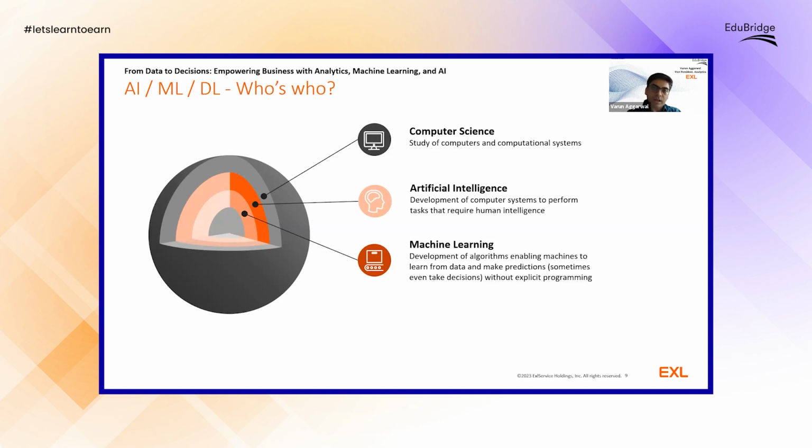And as artificial intelligence focuses on developing systems that require human intelligence, machine learning specifically focuses on developing algorithms that can learn by themselves. Right. So if your machine is not only executing but also learning on its own, then it becomes a matter of machine learning application. And I'm trying to keep it at a very high level because sometimes these foundational things